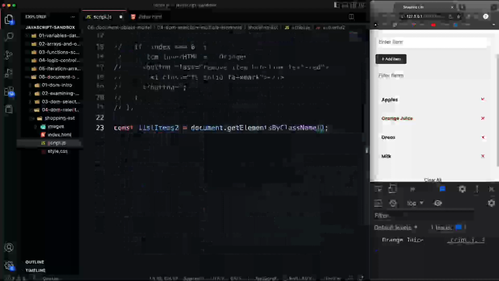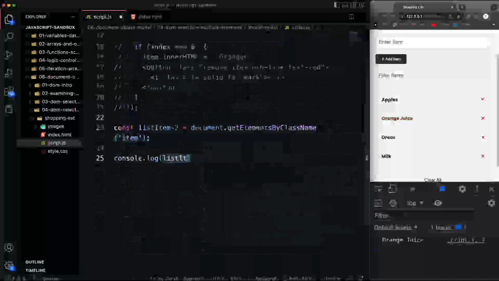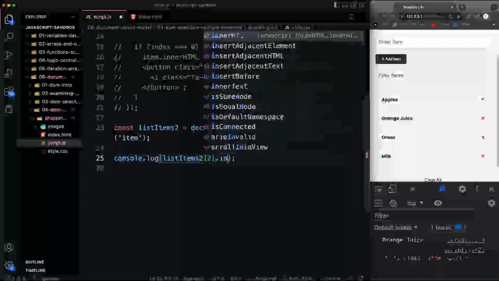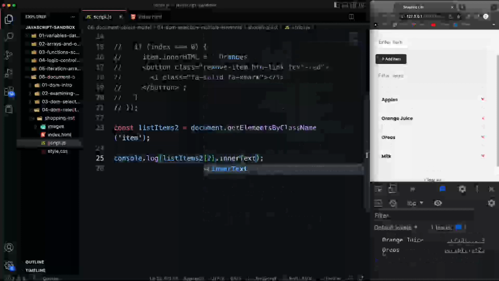Okay, and then we know that they all have a class of item, and this is kind of restrictive because you can only do classes, and you don't want the dot actually because it's always going to be a class. Just like with get element by ID, you don't put the number sign. Now if I console log list items 2, we get an HTML collection as opposed to a node list. Okay, we can still access individual items like we would with an array. Like if I put a 2 here and save, actually let's do 2 and then dot inner text, and we get Oreos. Okay, so you can pass in an index like this,